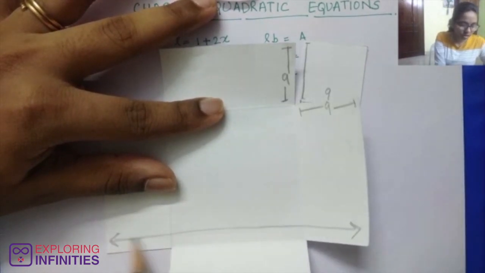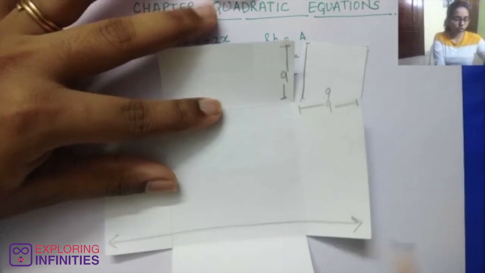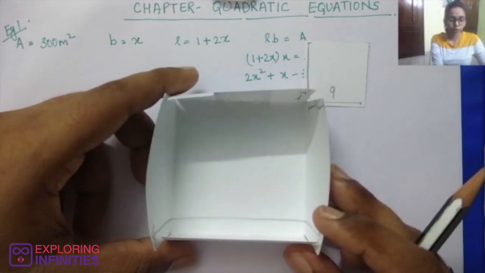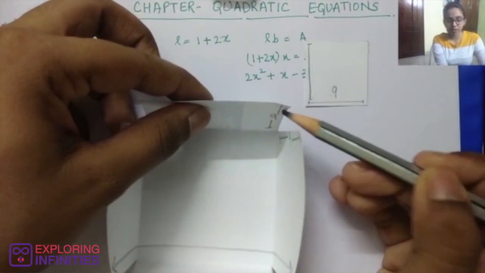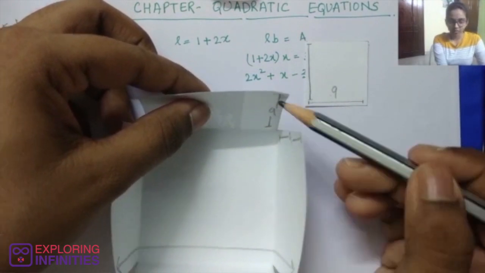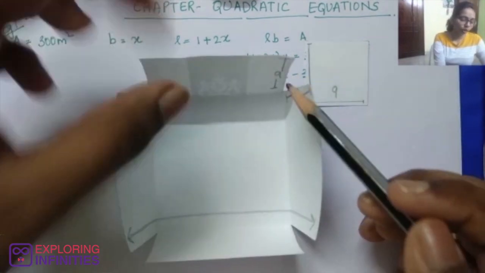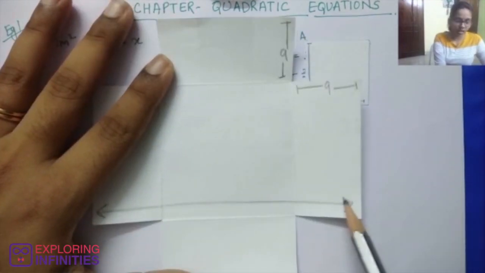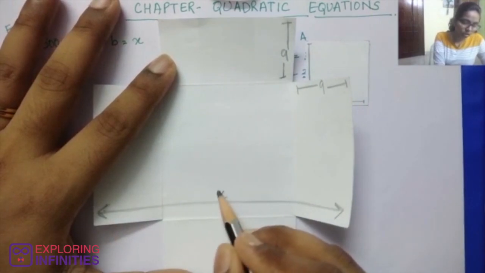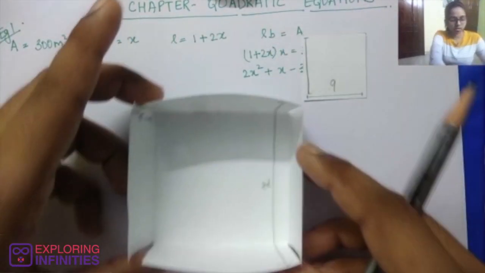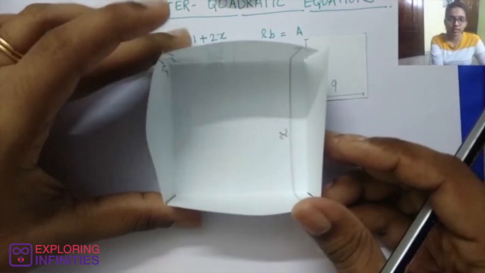So for this particular length, you know that this is a cuboid, and the height of this cuboid is 9. How? From here, you know that this is the height. So now you have to find this particular length, and you say that this is x. If I take the entire length of the original metal sheet to be x, what will be the length and breadth of the box that she has made?